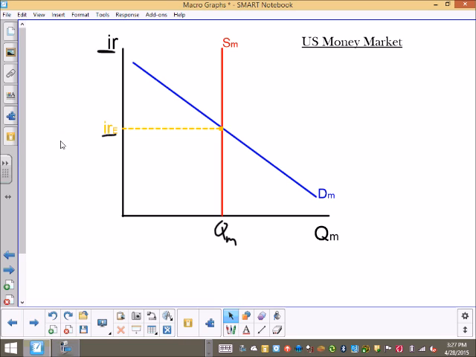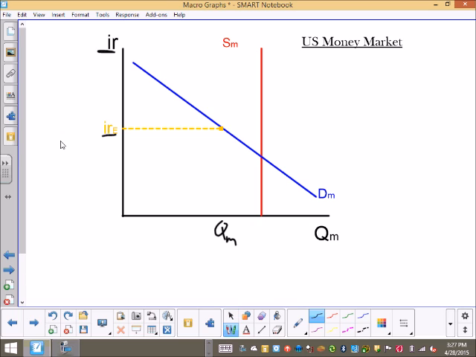So, if the Federal Reserve changes the supply of money, let's say they buy bonds. What would that do to the supply of money? Increase. Right. That means the Fed buys bonds. That means who gets the bonds? The Fed. Where does the money go? Into the economy. Therefore, the money supply would increase. What kind of effect would this have on the interest rate? The answer is the new interest rate